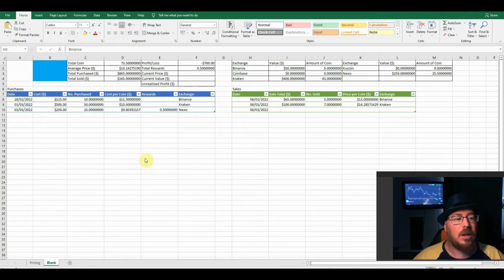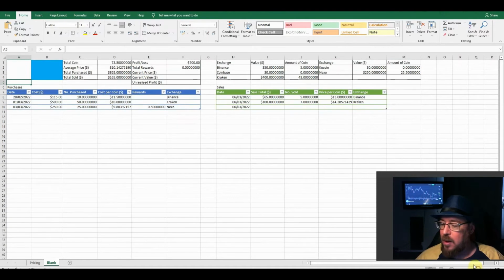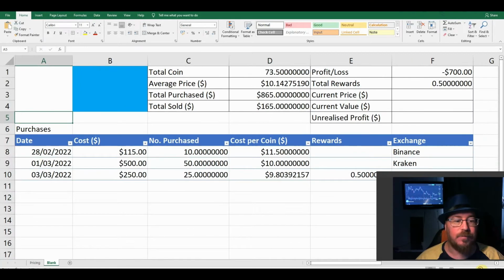So the first thing you're going to need to do in A5, let's zoom in on A5 right now. You're going to need to put the ticker name here. Now, I've only got 2 coins, ADA and XRP, at the moment, but we're going to add a lot more. But at the moment, I only have ADA and XRP, so let's just test this with ADA. So just type in ADA, and this is the coin name that you're going to keep,